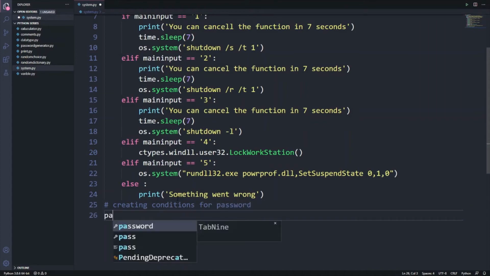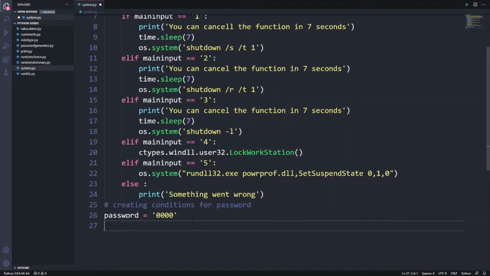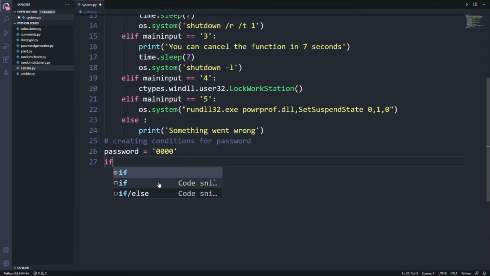Now first create a variable for password and enter the password here. I am keeping Windows NT. This is my password, or you can keep anything. I am keeping a simple password like 0000, a 4-digit code. Now creating if-else conditions. Wait, let me go through it. Yeah, creating if password